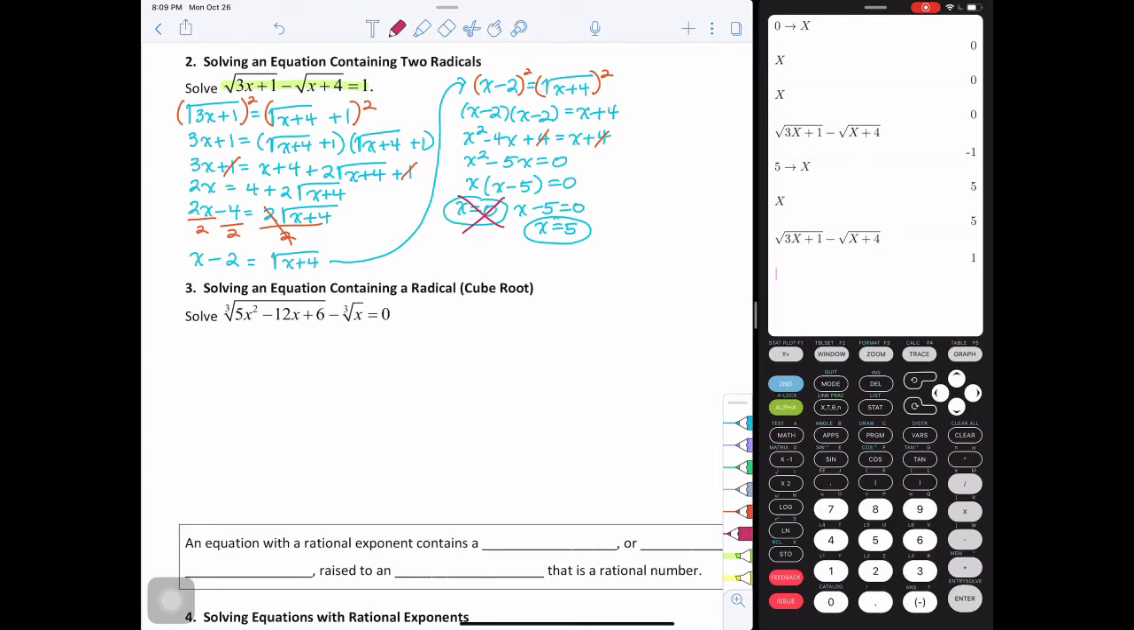It just plugged 5 into that equation because it now thinks x is 5. And we got 1. And 1 is not equal... oh, excuse me, 1 is equal to 1. That's what we were wanting it to equal. So x equal to 5 is a solution. We wanted that root to equal 1. So I hope you like that check. I will bring that back up here shortly to check our next